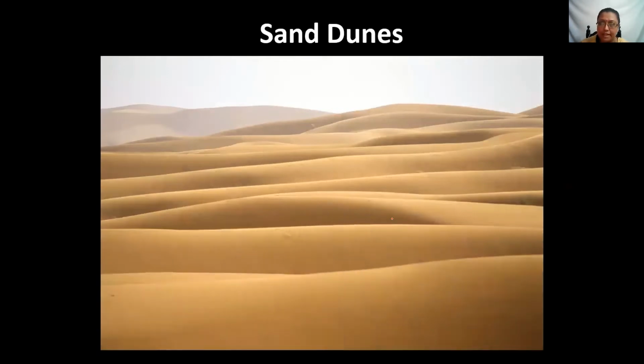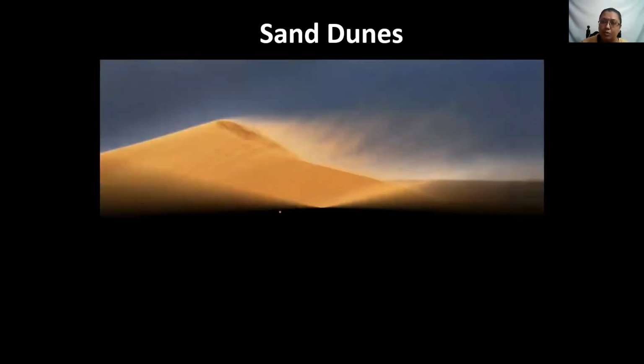So this is a big desert. You can see the desert is not having a flat surface. Okay, the sand here, they are not put in a flat way. You can see up and downs of sand hills. These are nothing but the dunes, sand dunes. We call them as sand dunes.